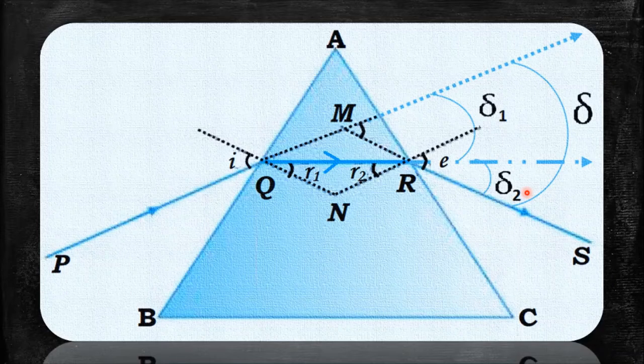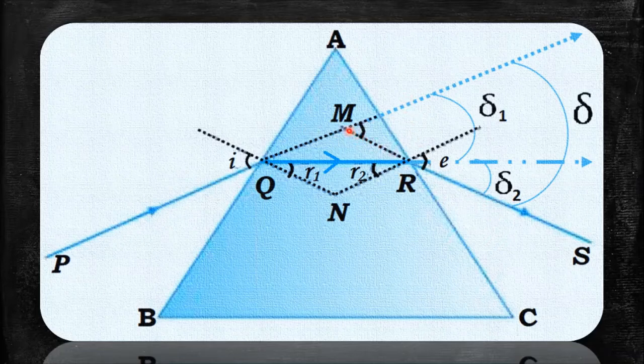Now what do you exactly understand? Well, it is so obvious that if I extend backwards my emergent ray, can you see this dotted line over here? Yes. And if I extend forward my incident ray, why am I doing this? Well, obviously because my initial ray is PQ and the final ray is RS, right? And I obviously want to find out the total deviation that this ray PQ has suffered. So obviously I'm going to extend ray PQ ahead and extend ray RS behind.